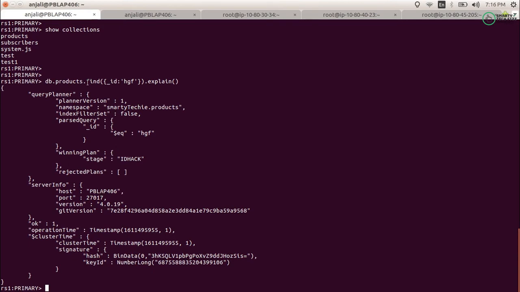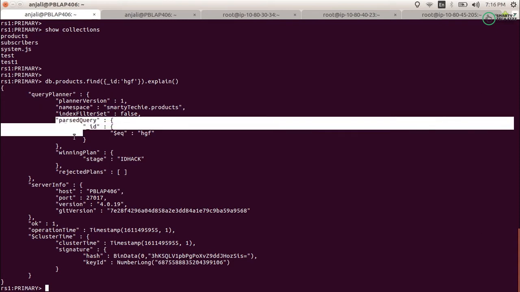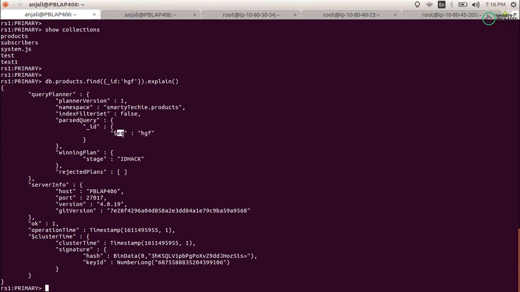So you can see what I have written here is id equals to this. What does this mean? I want to run the query with the id field and want to explain it. So if I am explaining, it is telling me that this query is going to be passed as id equal to this one, and this plan is using the stage ID hack. What is the ID hack?